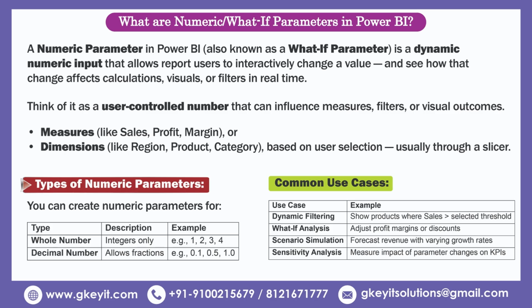There are two types of numeric parameters. First one would be whole number, like integers only. For example, 1, 2, 3, 4, something like that. And decimal number, which allows fractions. Example 0.1, 0.5,